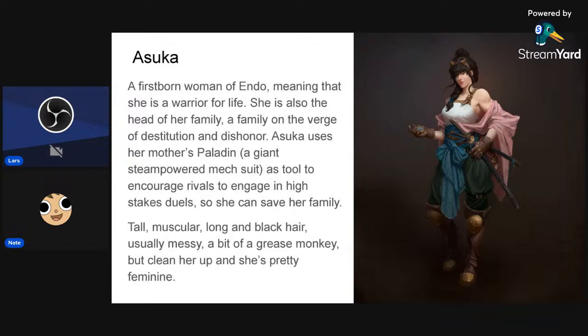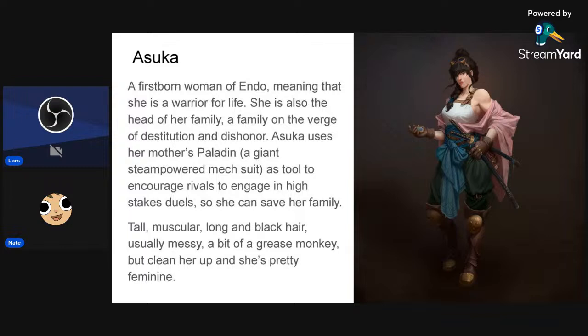Her pants are thick. They're meant to take a beating. And then she's got the thick boots on, the boots of a warrior, but also the boots of a worker. And so in this image right here, you get the seriousness, you get the confidence, you get the femininity, you get the strength, the brutality. You have the aspect of her being a warrior, a woman, a mechanic. All of that is in there.